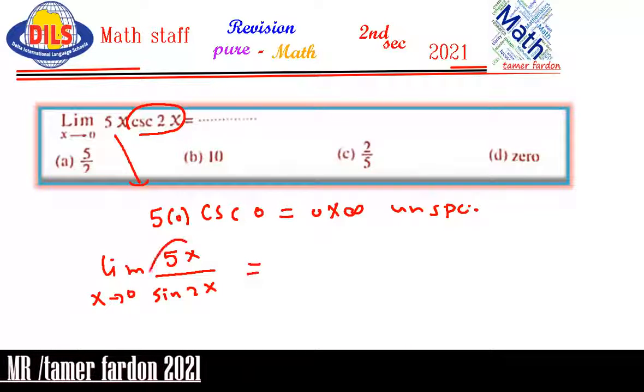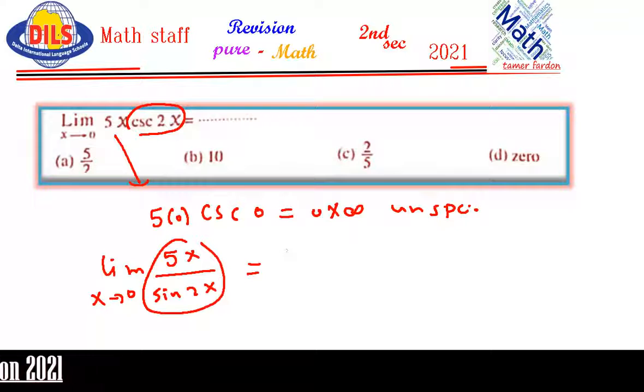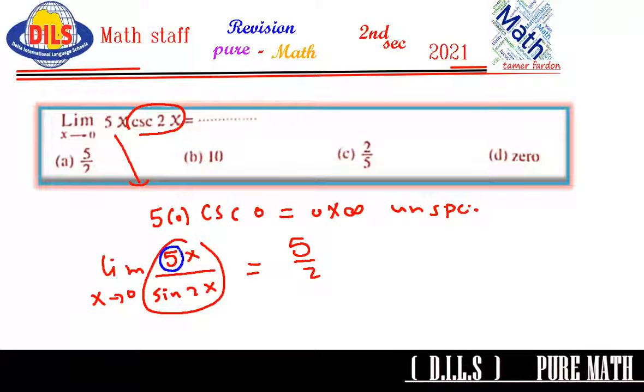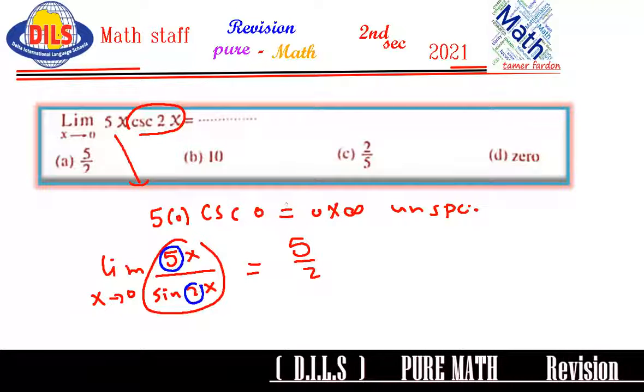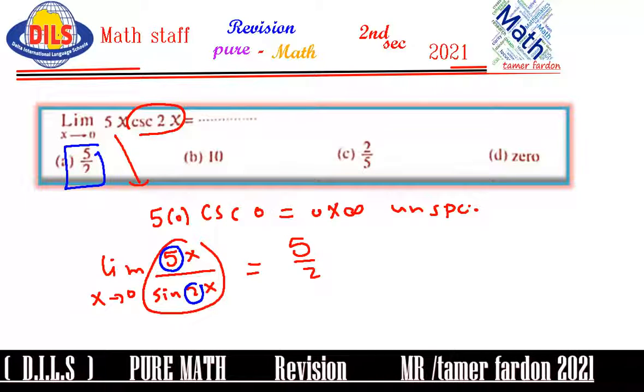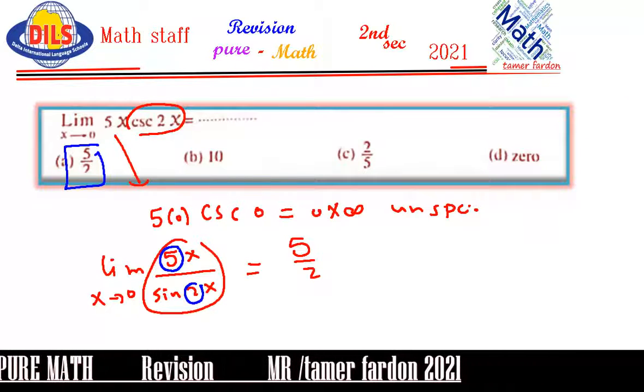So the limit of the function in this form equals 5 over 2. So our limit is 5 over 2. So the correct answer is 5 over 2. The next,